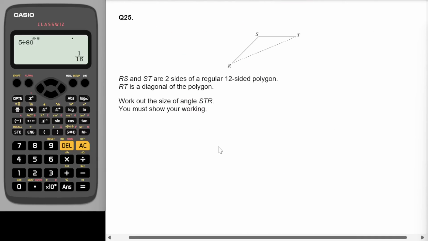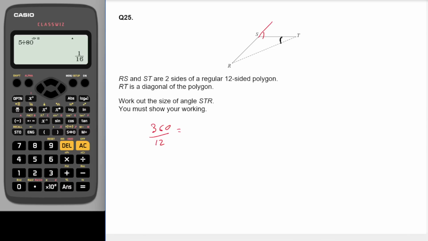Question 25. RS and ST are two sides of a regular 12-sided polygon. RT is the diagonal of the polygon. Work out the size of STR. You must show your working. So STR, so I want that angle there. Okay, so I'm going to first of all work out the exterior angle. So that's going to be 360 divided by 12. So that's going to be 30 degrees,